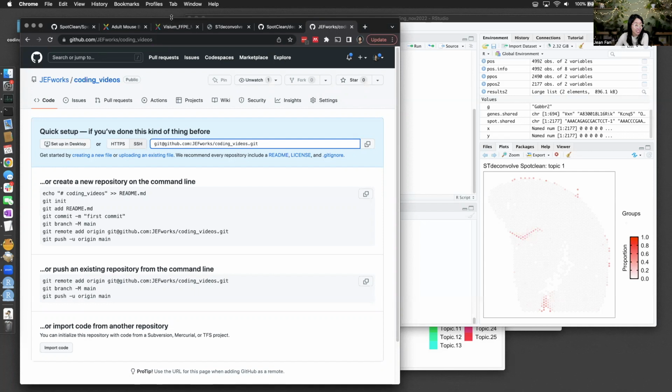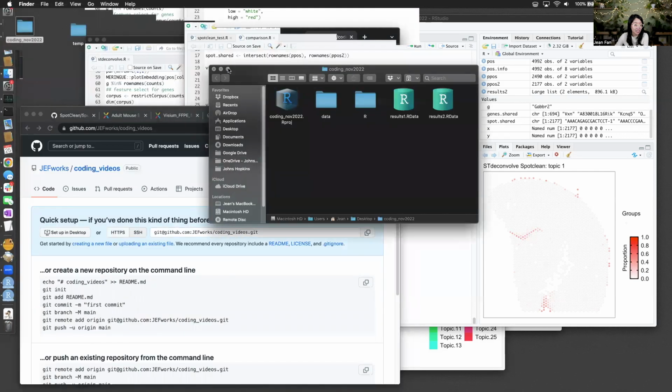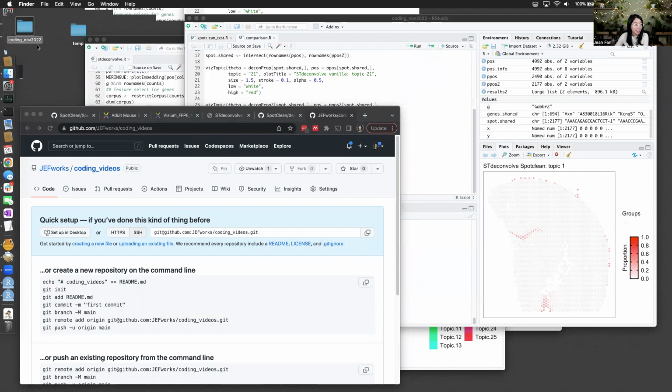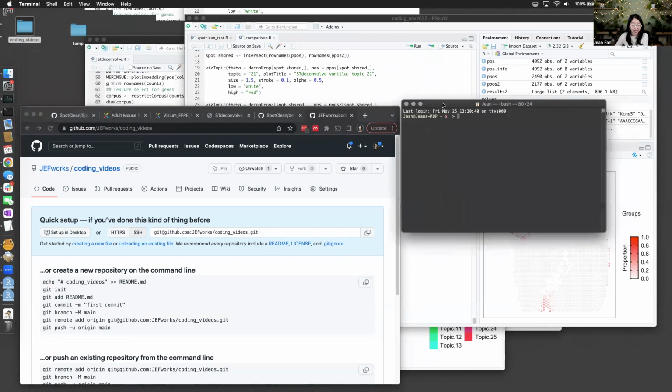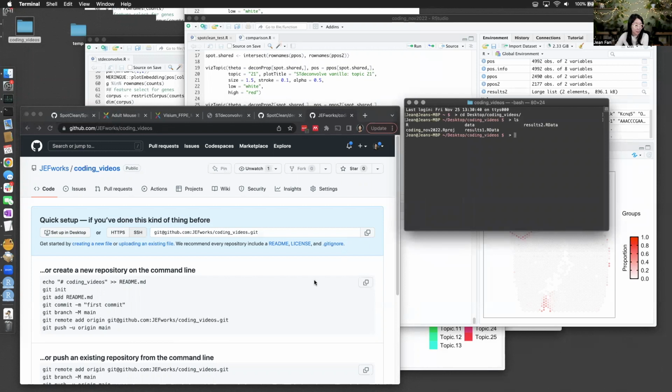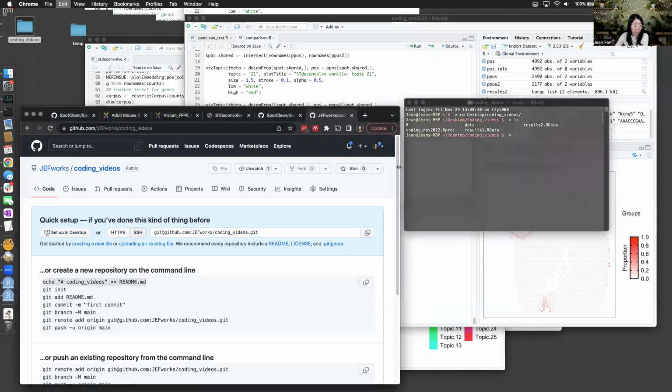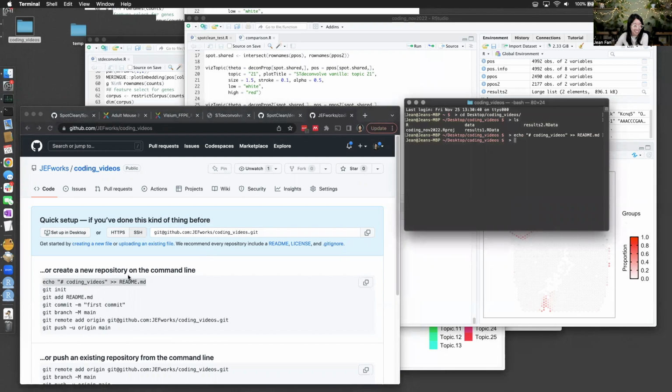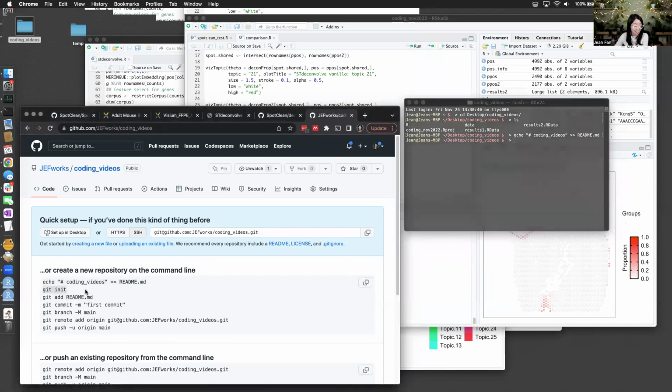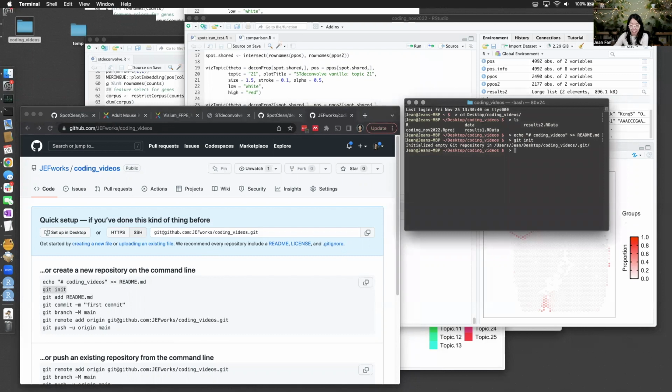And yeah, I kind of just want to commit everything, I think, for now. I'll also change this to coding videos. I just want to push all this code to GitHub or else I'm going to lose it. Okay, so I'm just gonna copy the commands. I'm gonna initialize Git and